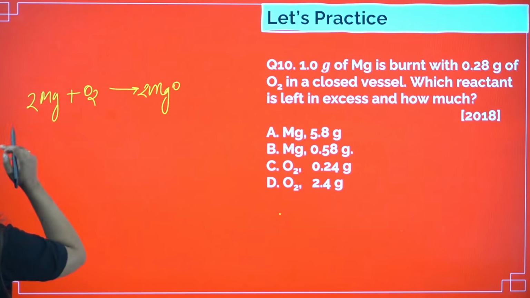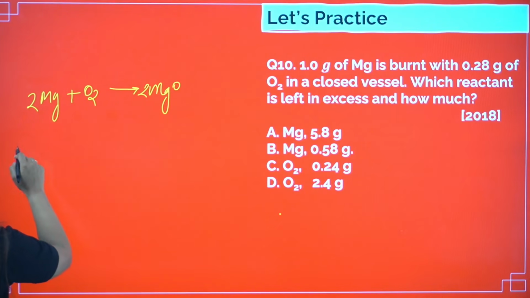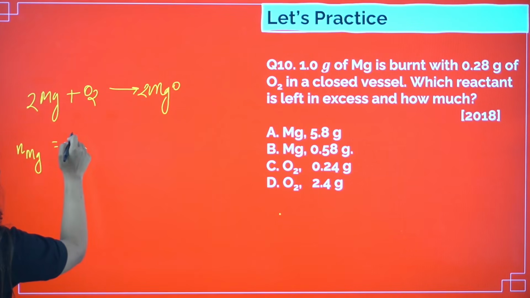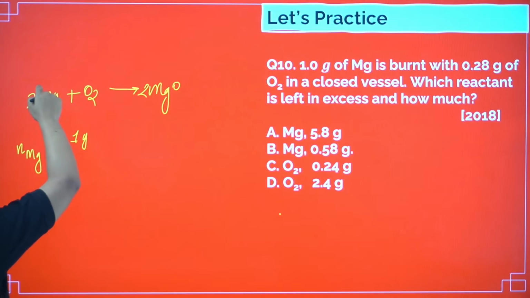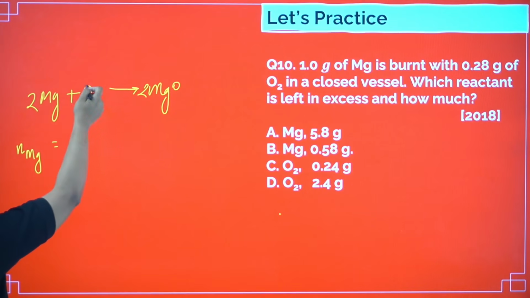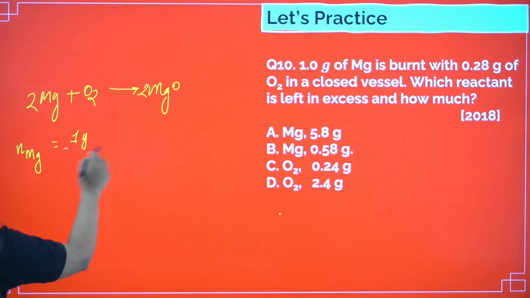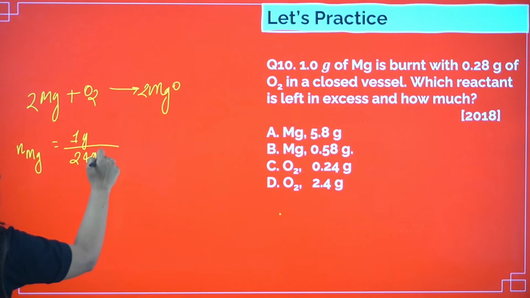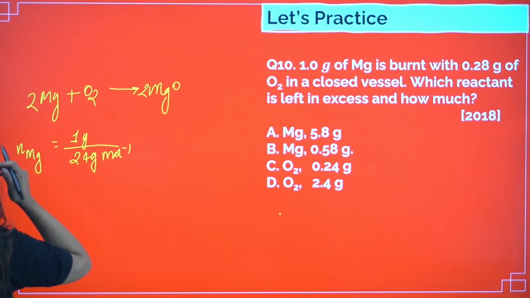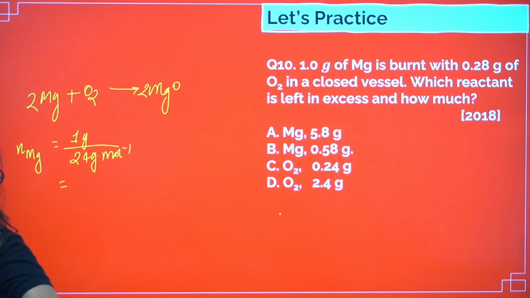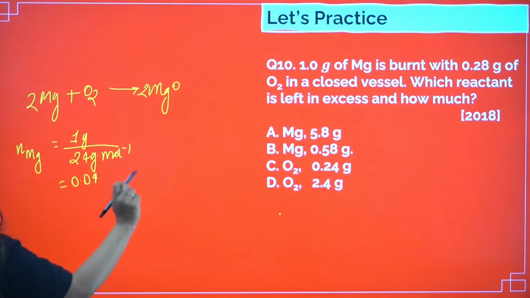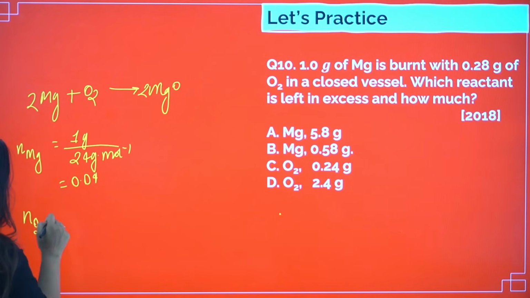Now from here, the number of moles of magnesium we can calculate. 1 gram they have given. So from here, what information did you get? 2 mole of magnesium will always react with 1 mole of oxygen. So let's calculate the number of moles of magnesium: 1 gram divided by molecular weight, that is 24 gram per mole. If you calculate, it should be 0.04, I guess. Fine. Now the number of moles of O2 if you calculate,